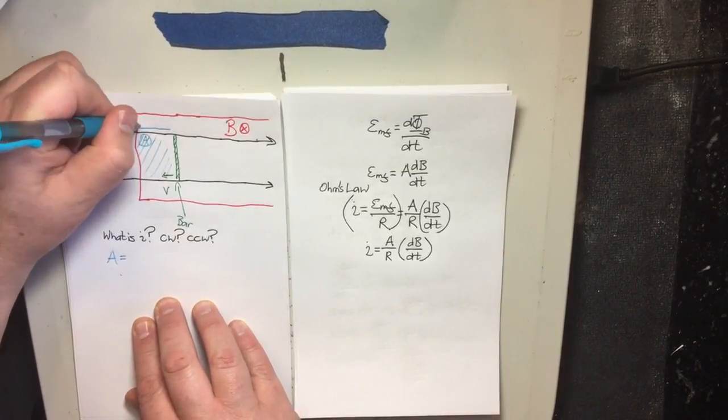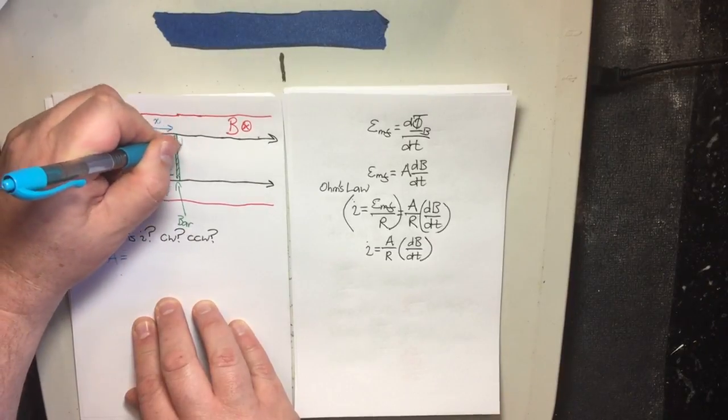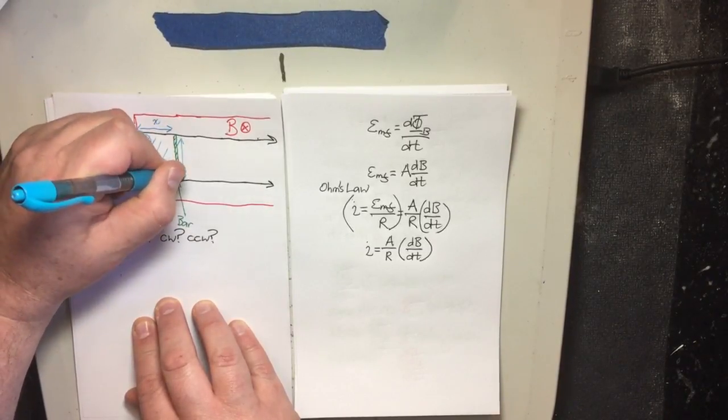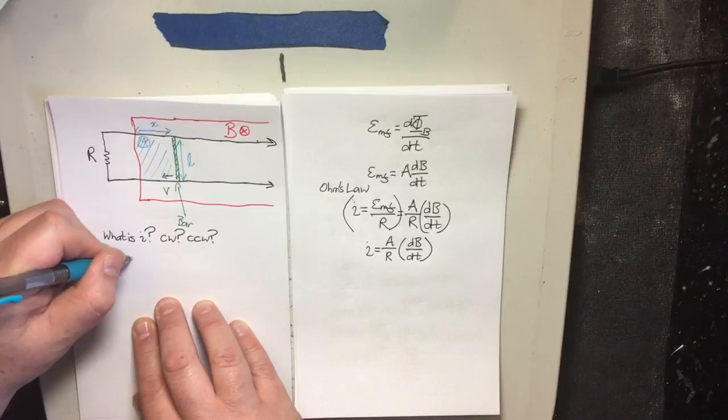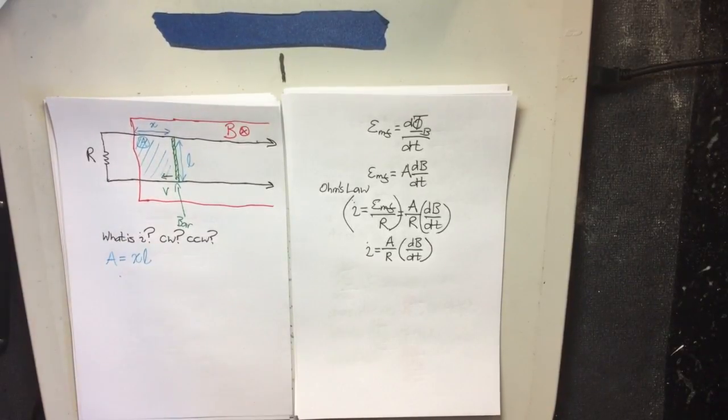We'll call that X, and we'll call that L, the length of the bar. A is X times L. So I've got a moving bar, the bar is of a particular length, it's a certain distance within the magnetic field,